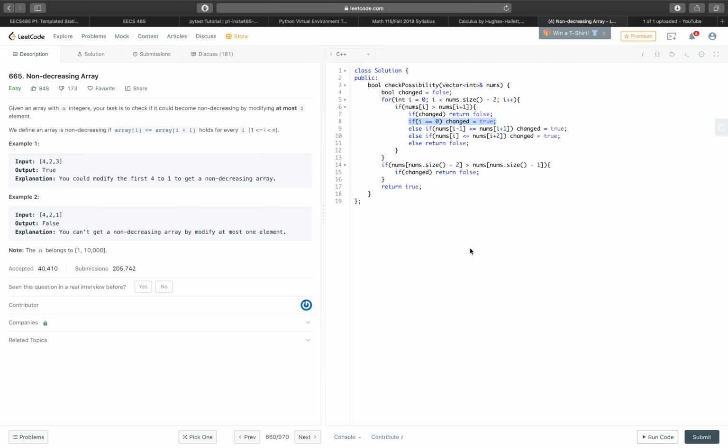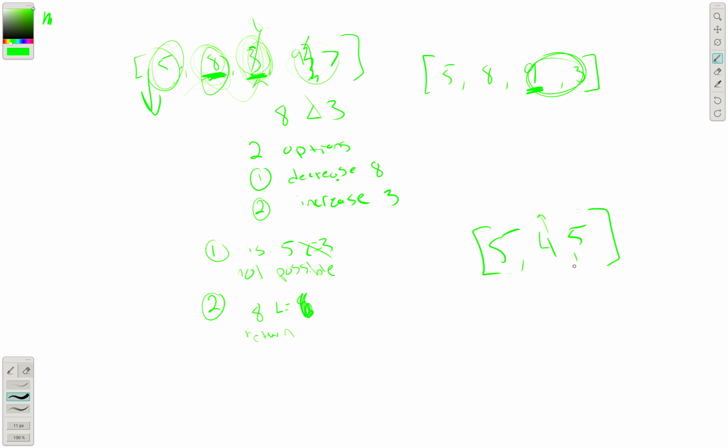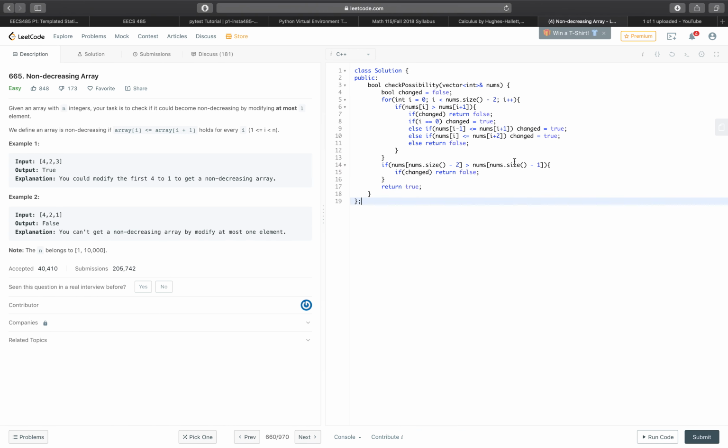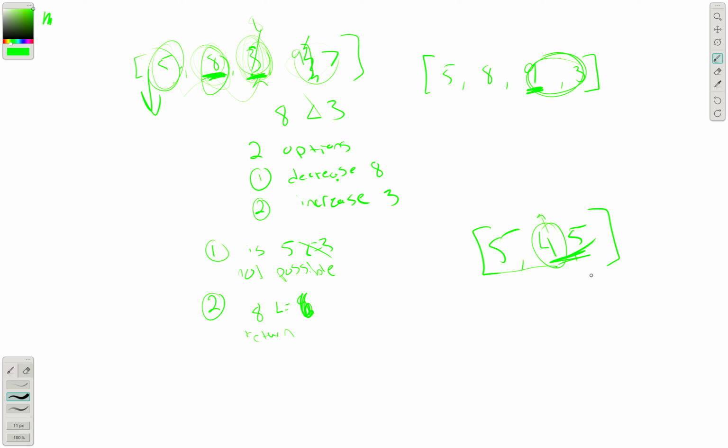So we want to say change is true. Oh, wait. Okay. So the change is true. That's fine. And then this would not cause another bad change. So that is fine also. Because if it's going less than it, the only way this would happen is if it's going less on the first shot. And if it is, then